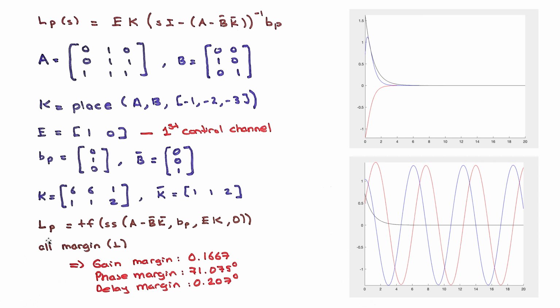Anyway, I have a typo here, two typos actually. All margin commands should be together, not separated. It should be allmargin, and this should be not L, but LP. After I define this in MATLAB, I am writing the allmargin LP command. And MATLAB returns me a gain margin of 0.1667, phase margin of